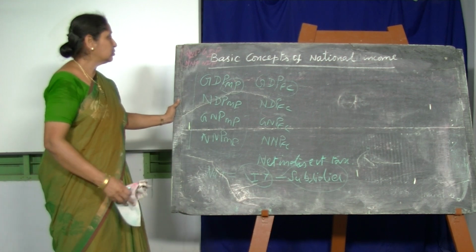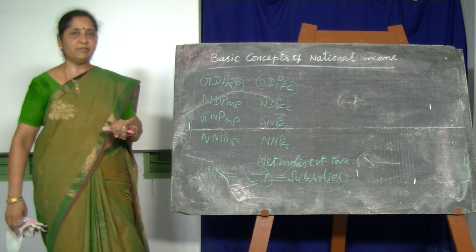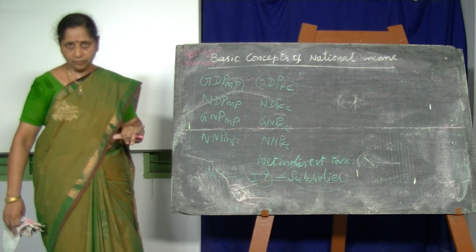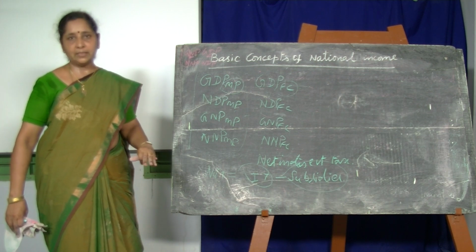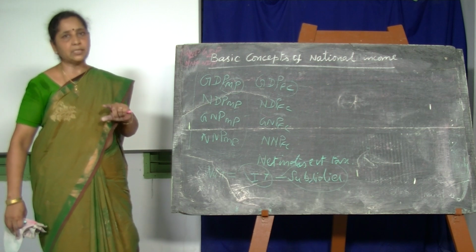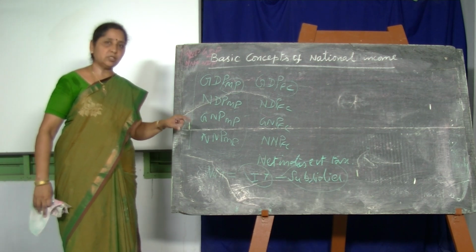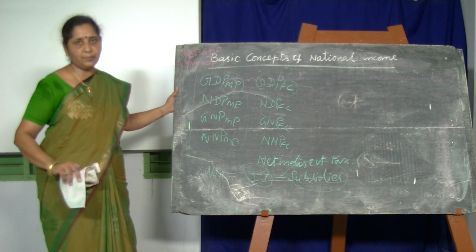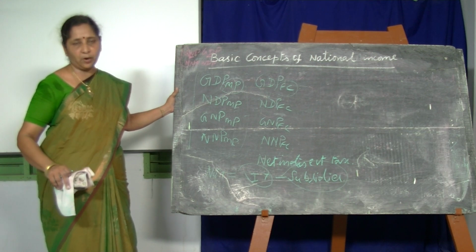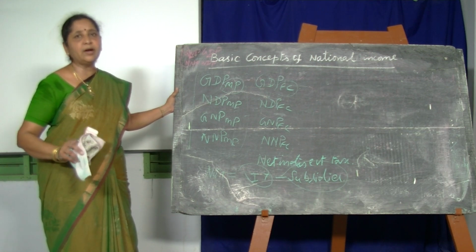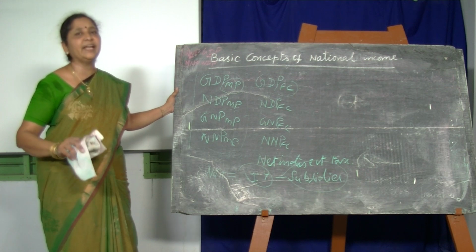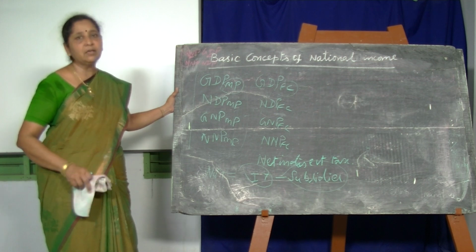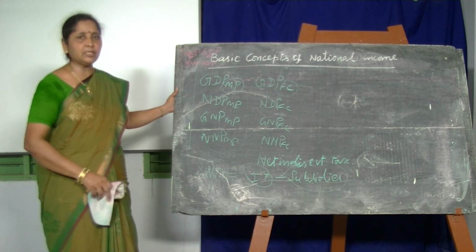That's it. Okay. So first one, what makes a difference between gross and net concept? That is the depreciation or the consumption of capital or the wear and tear, normal wear and tear, that makes a difference between gross and net. Next, the second one is national product and domestic product. It is a net income from abroad which makes a difference between national product and domestic product. If the net income from abroad is added up with domestic product, we get national product. If net income from abroad is subtracted from national product, we get domestic product, irrespective of the terms gross and